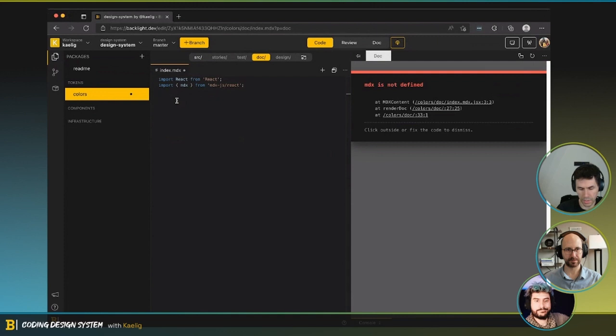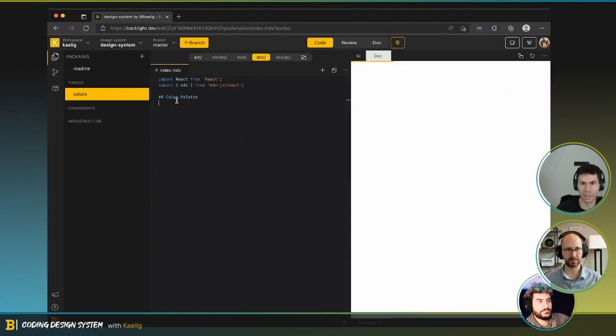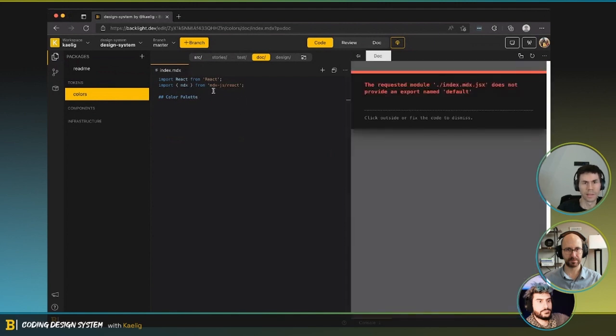And then we can say color palette. Let me see if we have something. What is it missing? Yeah, we need to export a default layout for the MDX. But do we really need this? We don't. This is not mandatory. So we're gonna have to do it right away.